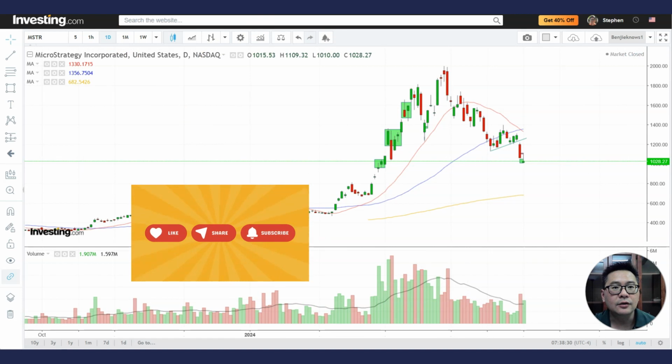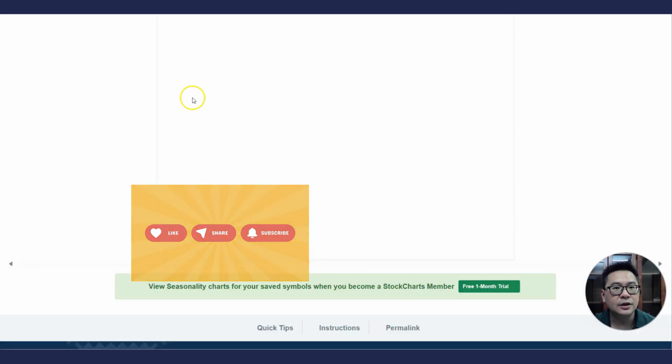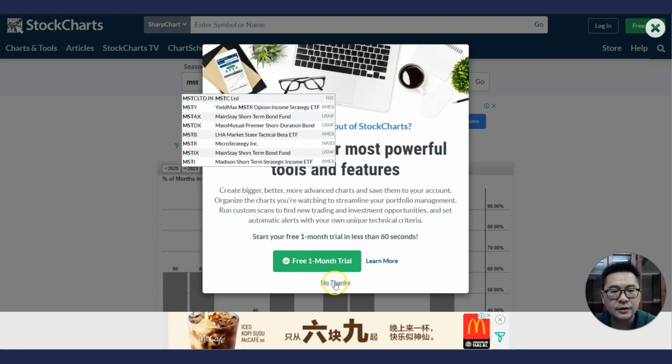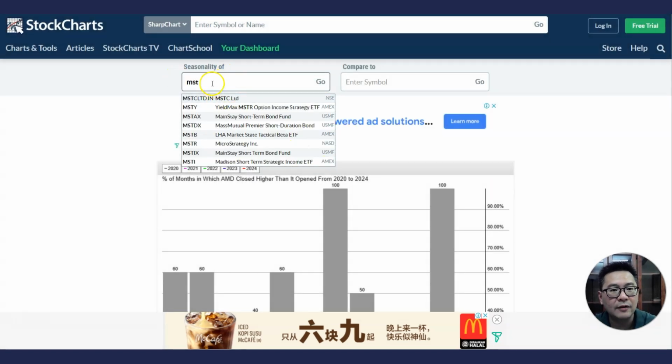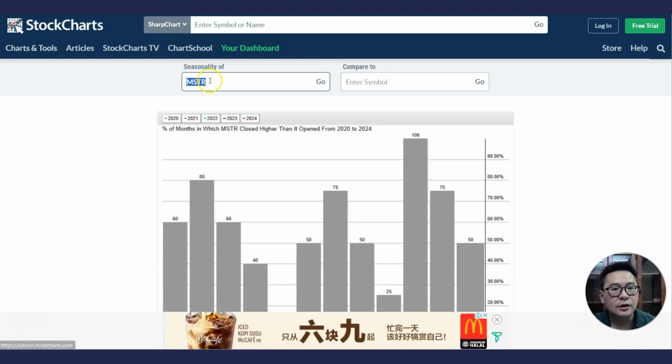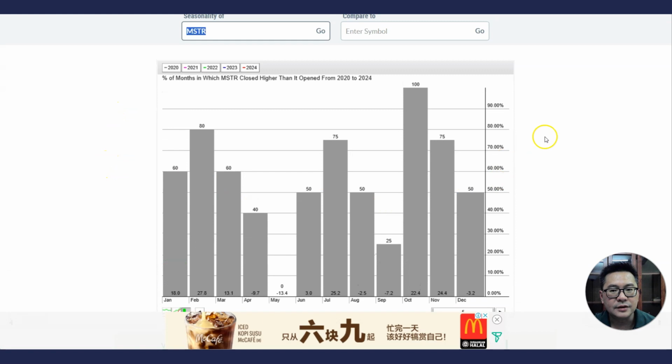Now let's take a look at the seasonality chart of MSTR. For those of you who do not know, it's always a good idea to look at how it performed every month. You can go to stockcharts.com, seasonality, and look at the seasonality. For the past 5 years, April wasn't a good month, closing 40% higher most of the time. And in May, zero chance of it closing higher than it opened. This data is from 2020 to 2023,